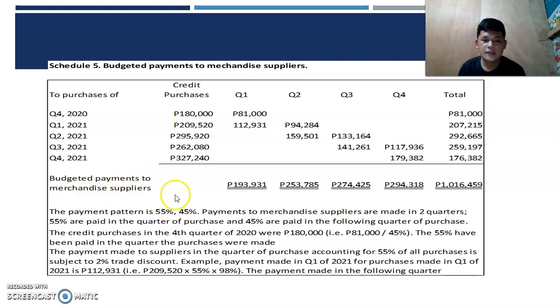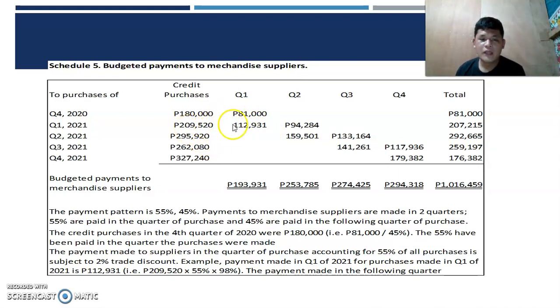So, next class, kaya na-compute natin ito. By the way class, baka ma-confuse kayo, may explanation pa pala dito. The payment made to suppliers in the quarter of purchase accounting for 55% of all purchases is subject to 2% trade discount pala. So, dito class, para makuha itong 112,931,